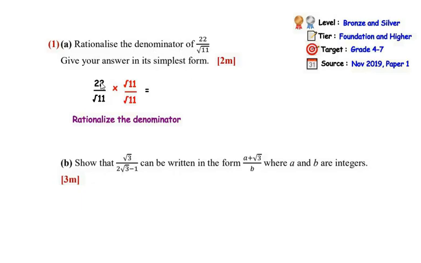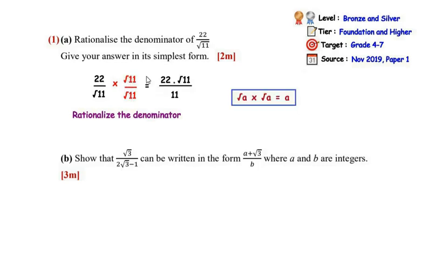So here we have written 22 divided by square root of 11. And when we are rationalizing the denominator, we have to multiply the numerator as well as the denominator. So we have written times root 11 divided by root 11. Now let us multiply the numerators together. So we get 22 times root 11 divided by, now keep in mind one of the most important rules of radicals or surds, that is, if we have square root of a times square root of a, this will be